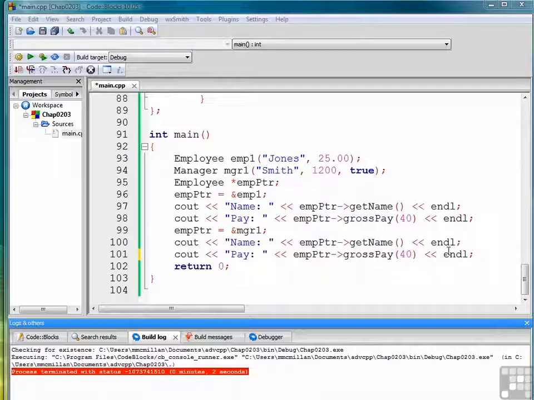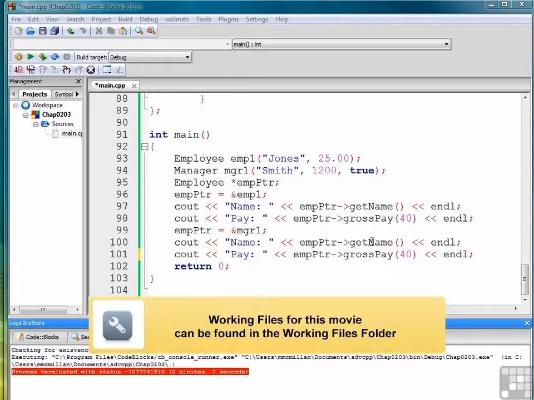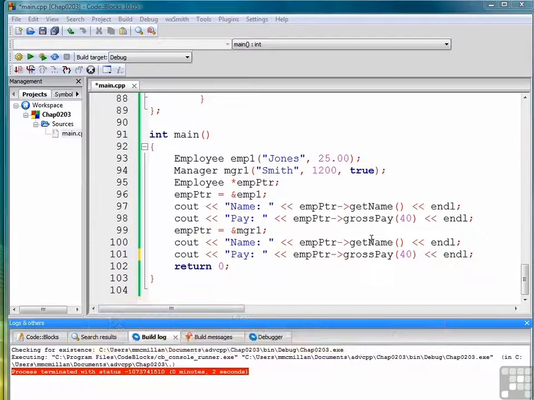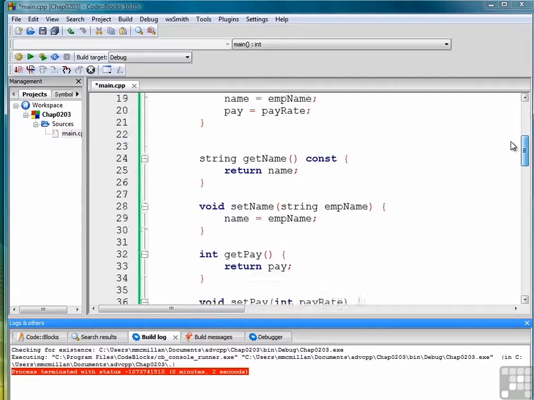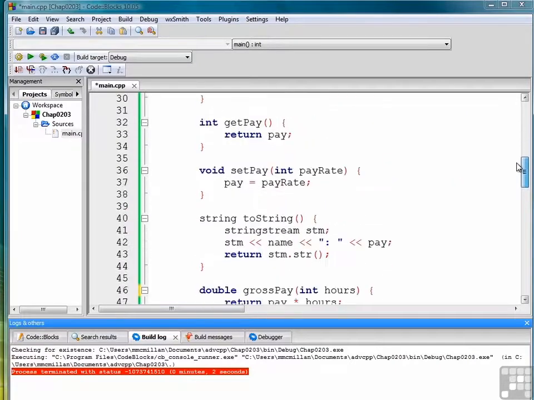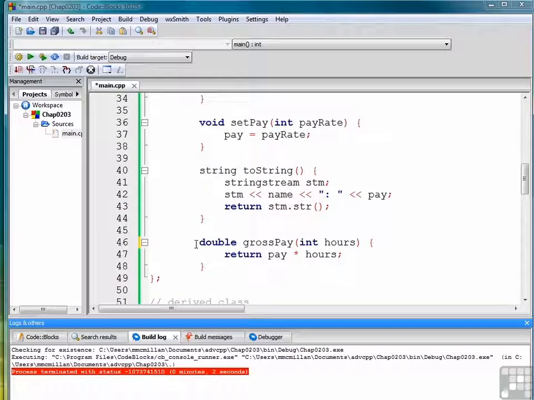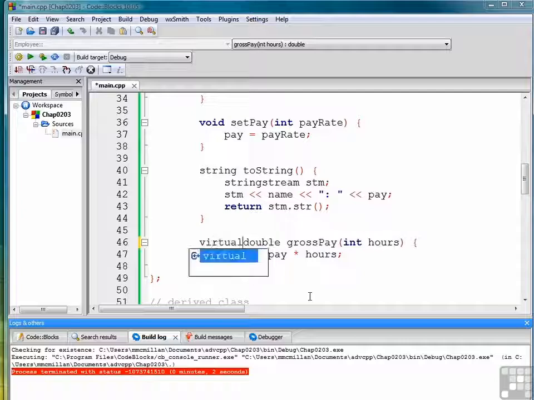We're now ready to see the solution to our polymorphism problem, and it's really quite a simple one. To have the compiler be able to determine which function to call at runtime based not on the data type of the variable, but of the type of object that's actually stored in the variable, such as right here, where we have imp pointer pointing to a manager object, we need to make the function in question in the base class a virtual function. And by virtual, I'm saying it's polymorphic, like so, by typing the keyword virtual before the